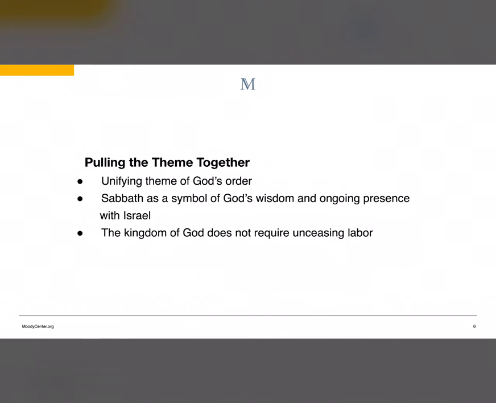Three, in Deuteronomy 5:12-15, Sabbath is also connected to the broader concept of God's order. Sabbath is described as a memorial practice intended to instill in Israel an ongoing moment in which Israel remembers God's act of deliverance. Sabbath does not simply entail Israel's rest, but the rest of the servants and animals as well. Unlike Pharaoh, whose kingdom cannot be sustained without unceasing labor, God's kingdom is not sustained by human effort, but by the ongoing faithfulness of God himself.